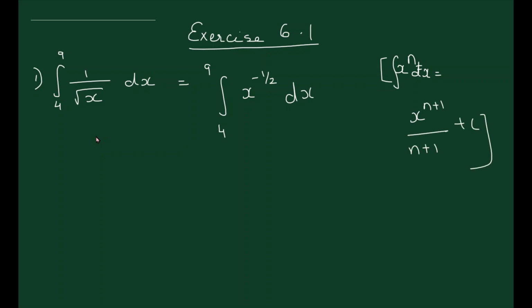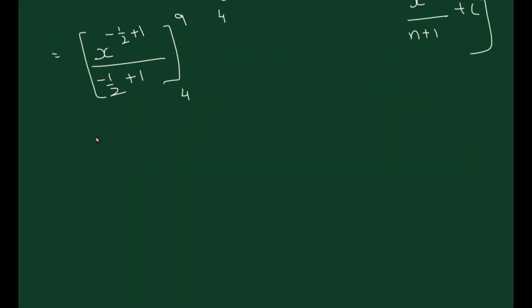Now since we are doing definite integration, there is no constant going to be written here. So our answer comes out to be x raised to minus half plus 1 upon minus half plus 1, from 4 to 9. Plus c is not written here. Then we go further. We have to simplify now. This answer has to be written in a proper manner. We should get a definite value as the answer here. So minus half plus 1, that is 1 minus half, gives us half. So we get x raised to half